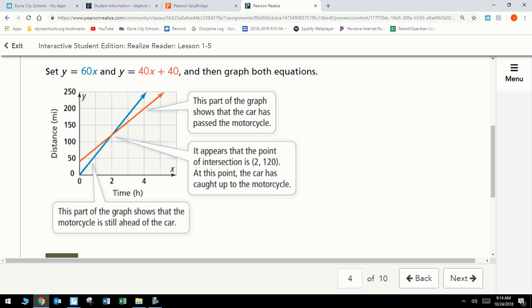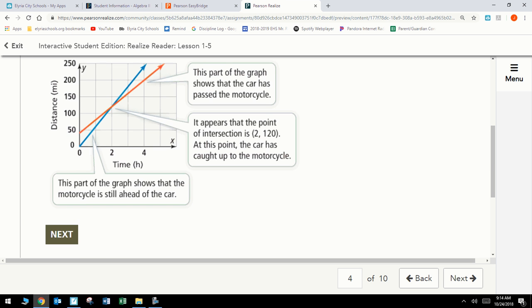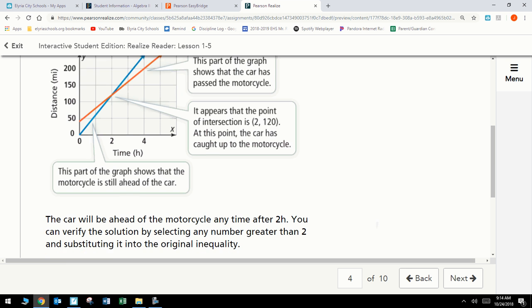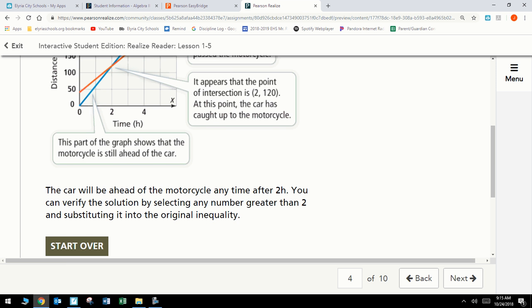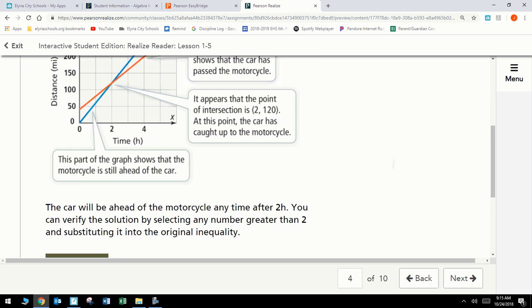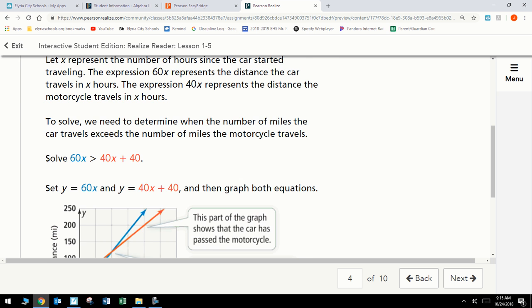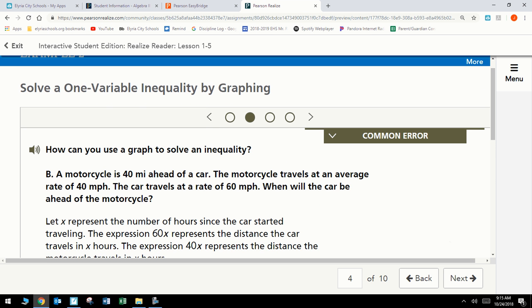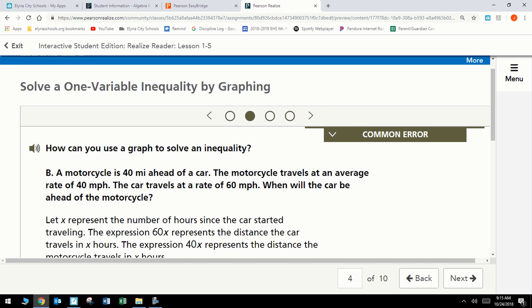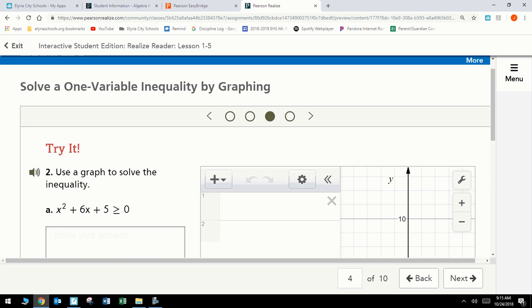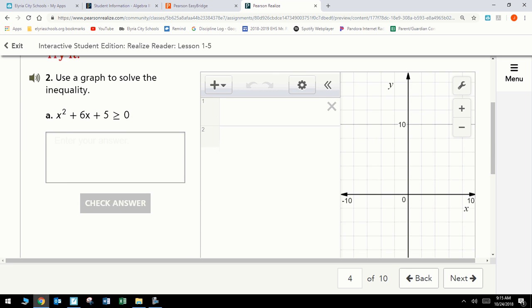So if they intersect at 2, every point after that, the car is ahead of the motorcycle. If you want to write it as an inequality, you would just say for all x's greater than 2. Or anytime after 2 hours, the car is going to be further ahead. Alright, so on this try it one,